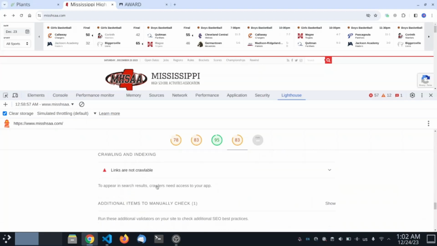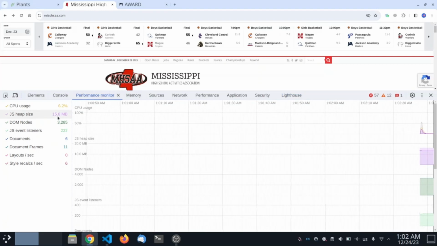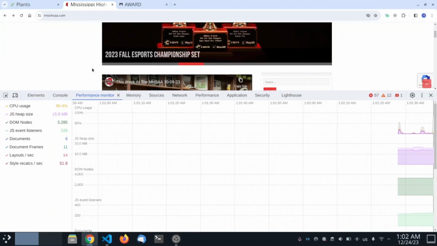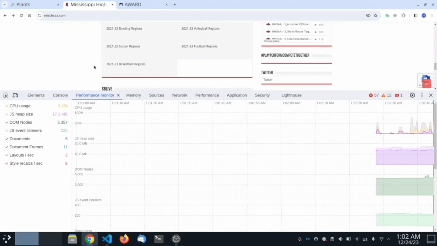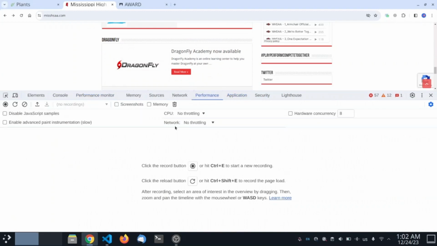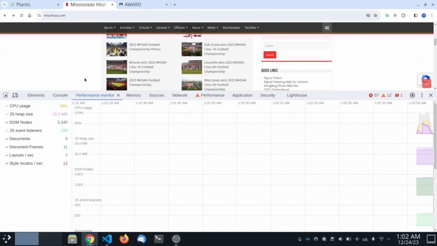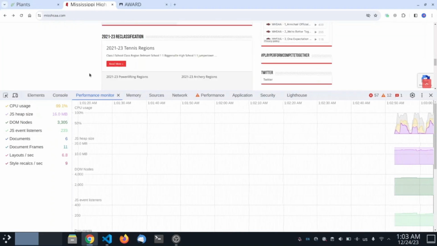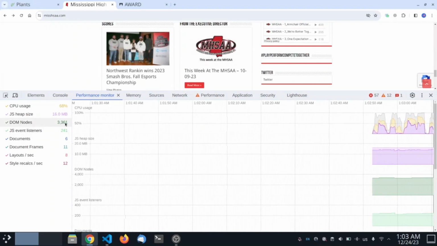And we can also go to performance monitor, and we can find that JS heap size is less than 20 megabytes, and CPU usage is sometimes up to 60 or 80%. So yes, the site is heavy. And if we go to performance and slow down our CPU 6 times and go to performance monitor, we can find that our CPU is sometimes dead, sometimes alive, but I don't have a cheap CPU and it's not good enough for this site. They have 3000 DOM nodes,